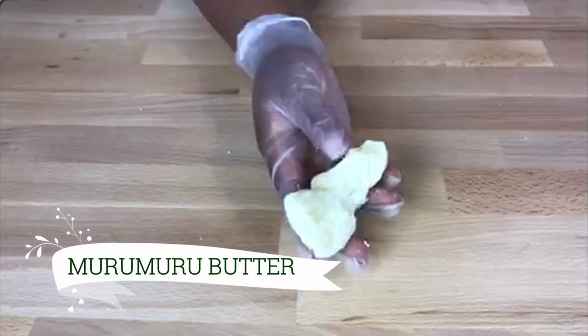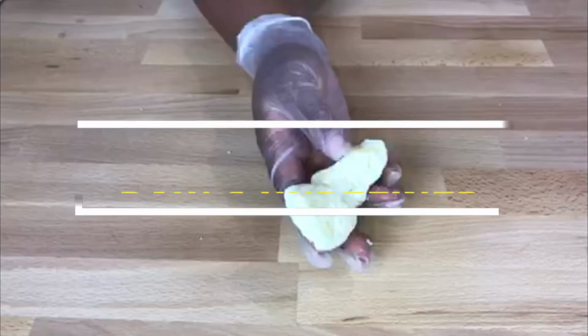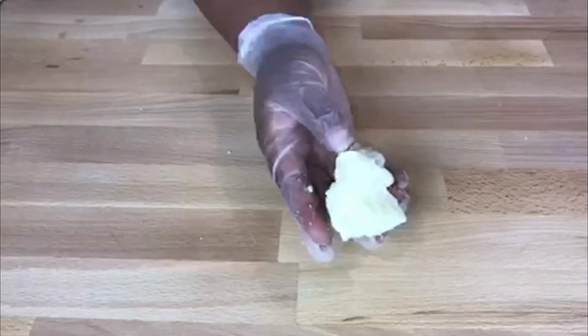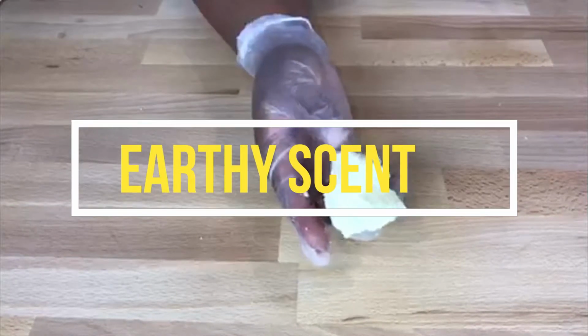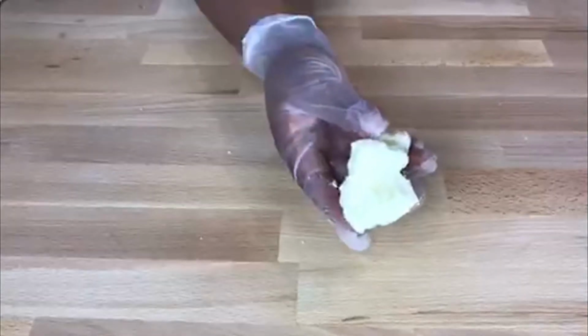And this is Murumuru. Murumuru is definitely up there with one of my top butters. Our Murumuru is raw and unrefined, so it maintains its fragrance just as it was from the Amazon. It has a kind of palm type fragrance. It's a very natural, earthy type fragrance. It's not a bad smell, but it is earthy, so it's not like a chocolatey smell like a cupuaçu or